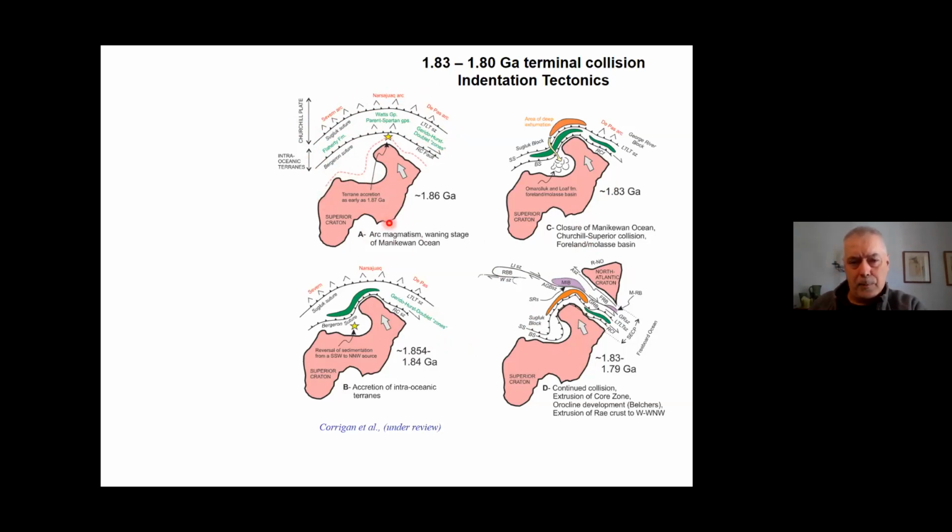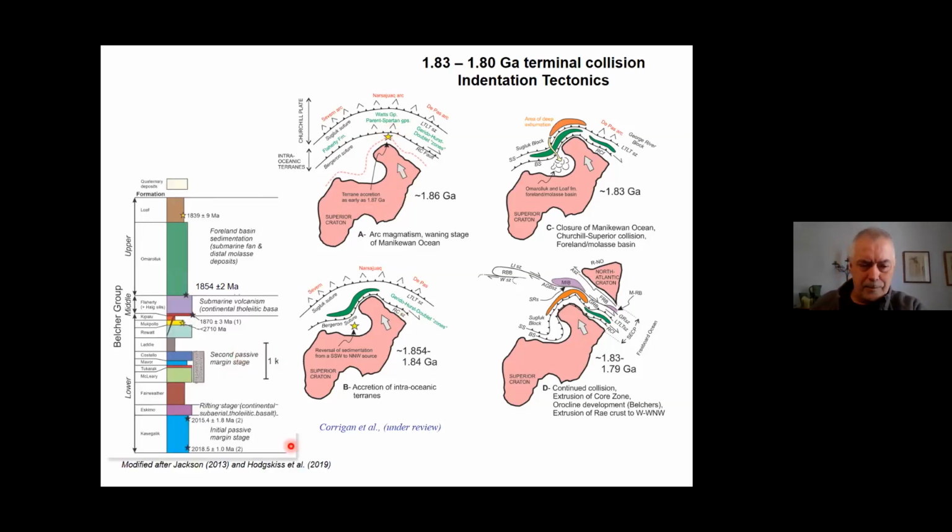In an earlier paper by Saint-Onge, he documents the possibility of terrane accretion as early as 1.87. So that's the first interaction between the Superior and whatever lies to the north. Now, in a recent paper by Hodgkiss et al. 2019, they've looked at the detailed stratigraphy of the Belcher group, which is essentially in the Belcher Islands, and it has a lower passive margin sequence, okay? And then